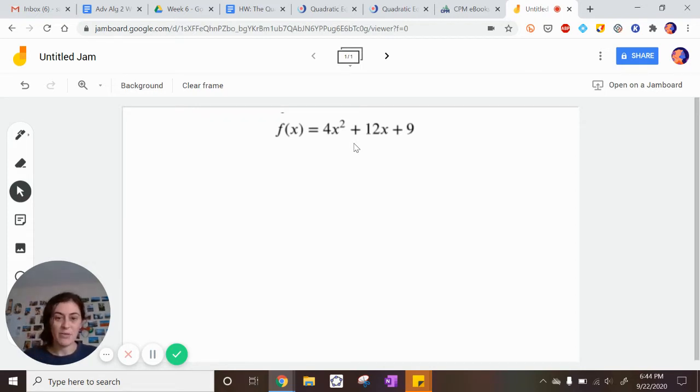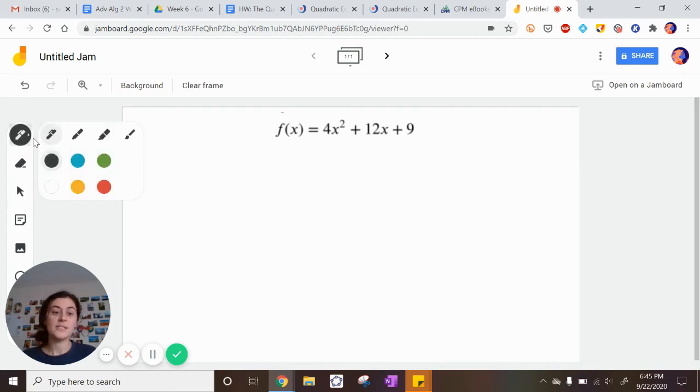equation, and simplify. So if we look at the equation that was on our notes, we have f of x equals 4x squared plus 12x plus 9. You totally could factor this, and if you prefer the factoring method, go for it. You don't have to use the quadratic formula. I just want to show you how to use the quadratic formula if you do happen to like that form better. So first, since we're working with the quadratic formula, we got to figure out, okay, what's A, what's B,